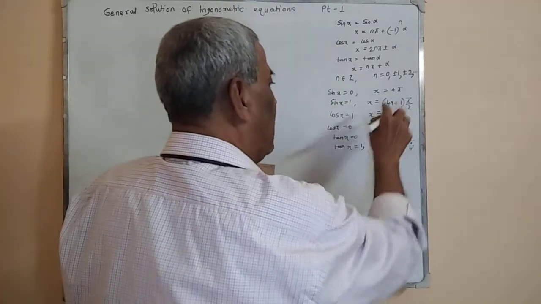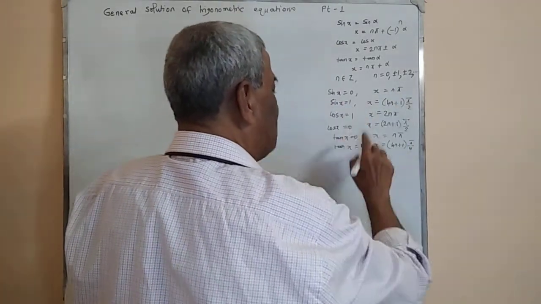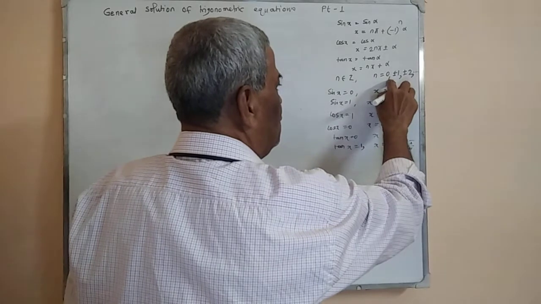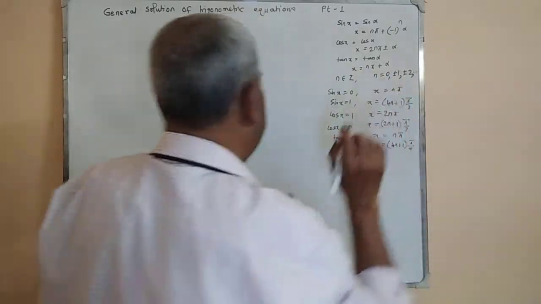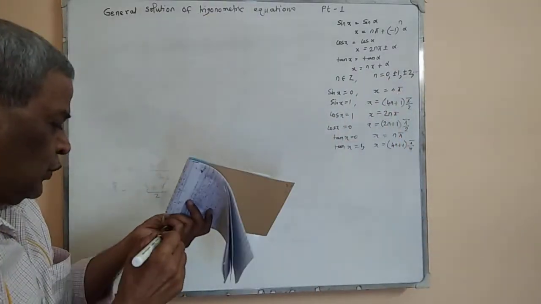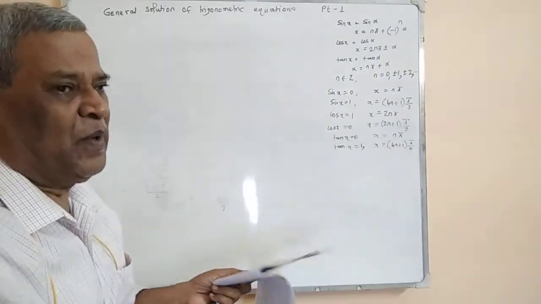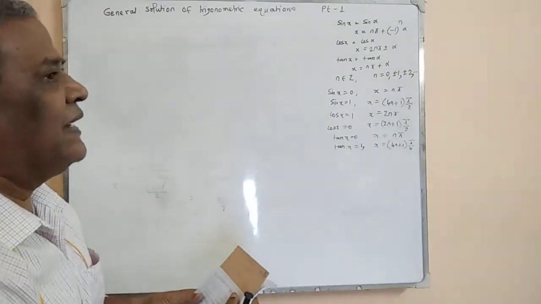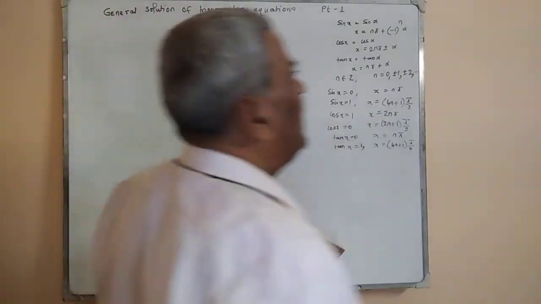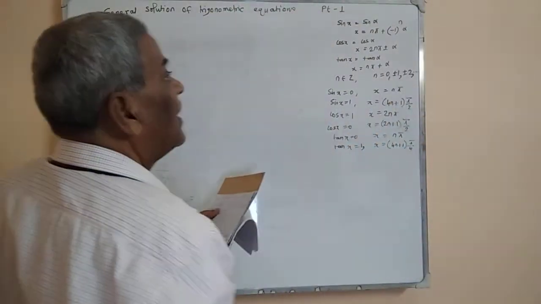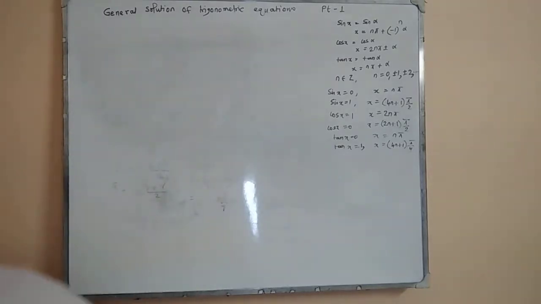So where all these n have the same value, n is equal to 0, plus minus 1, plus minus 2, etc. With the help of these formulas we can solve any type of problem. Let us take a few of them today. First problem is